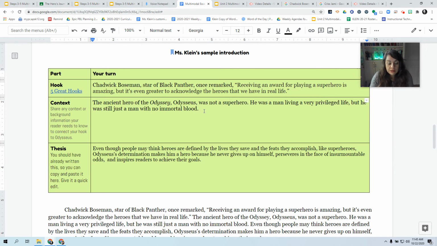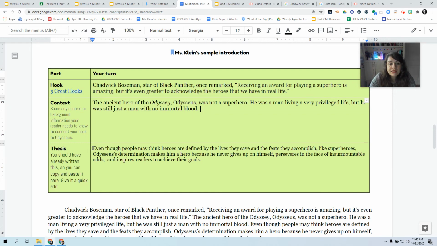This is my context. Now, normally, when we're in real school, when we're in face-to-face school, I will walk around and help everyone and have conversations and help you with your context and stuff. Something I can do real quick in person. If you have questions, just send me a chat or unmute. We'll talk through it, okay?